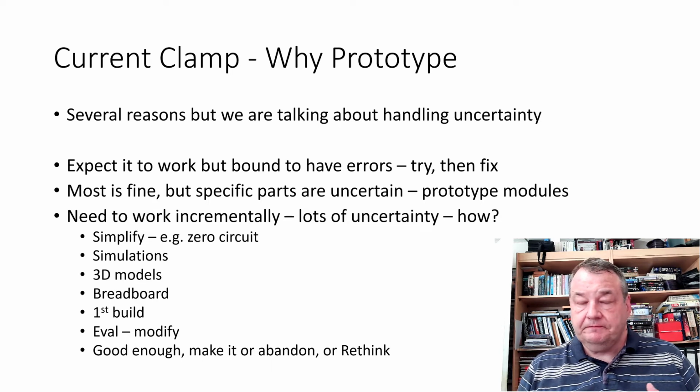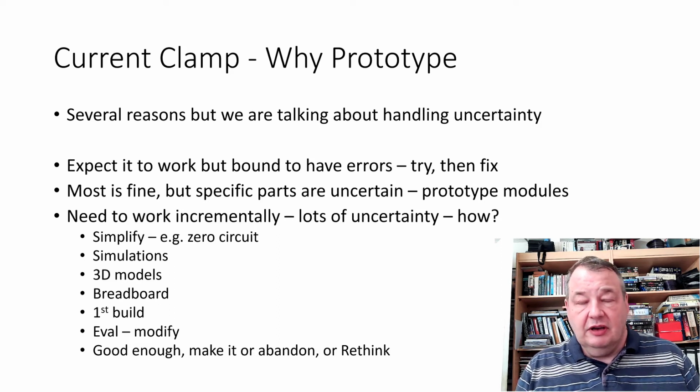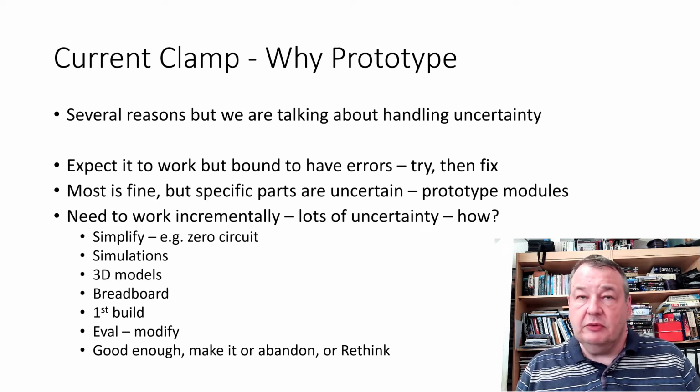But it's all about uncertainty. How uncertain are we in what we're making? How much of it have we done before? So for example, I've used op amps quite a lot before, so I'm not really worried about that. Never used a Hall effect sensor in my life. Our first type of prototyping is we just expect it to sort of work and we're just going to fix it. The second type is there are actually parts of the system that we're building that we're completely comfortable with